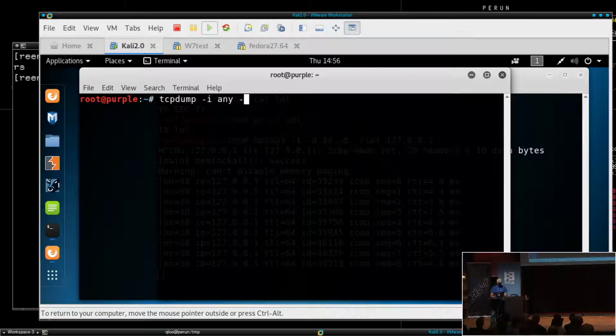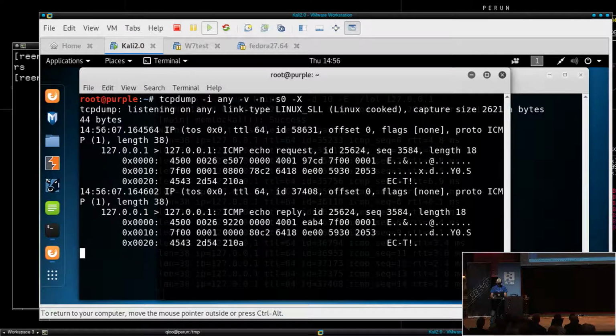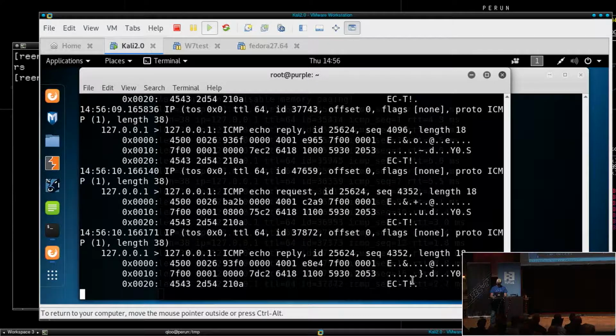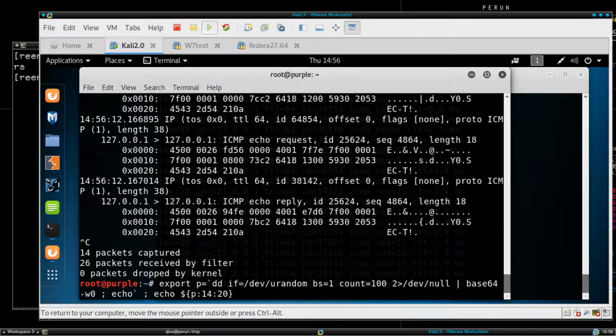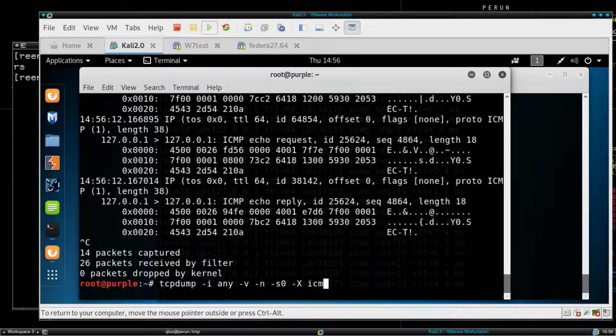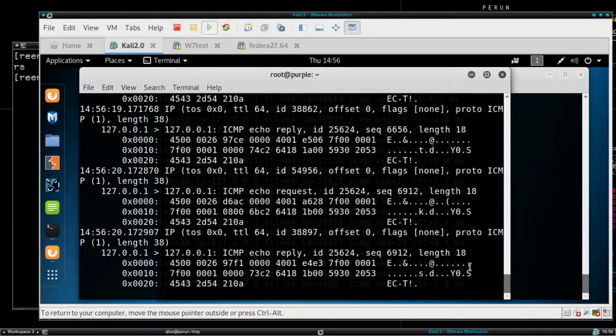Okay, so you can see here, let's just reduce it to ICMP. Yeah, so here's our payload, right? But now we want to do that remotely.